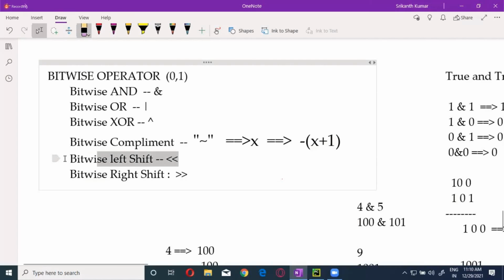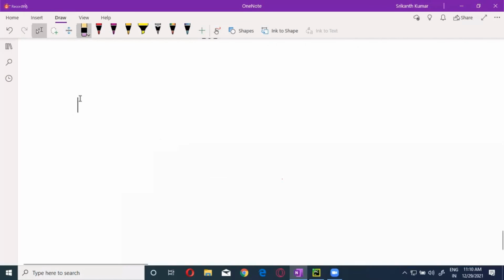So this is where you shift values to the left side. Here we are going to shift the values towards the right side. What does that exactly mean? If I have 5 left shift 2, it means whatever the binary of 5 is has to be shifted 2 places towards the left side.